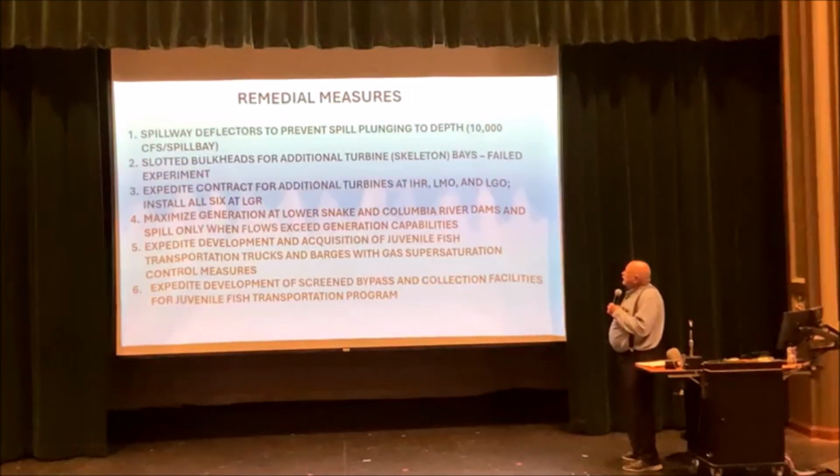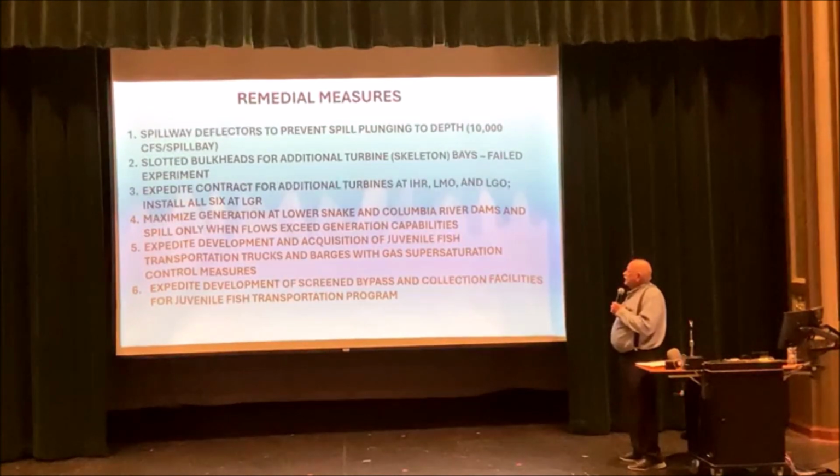Okay, what were the remedial actions? One of them was to put spillway deflectors on the spillways. What they did was put a little ski jump down near the water level of the tail race, and the water would come down and skate across the surface. So it wouldn't plunge down to depth and it wouldn't get as much gas